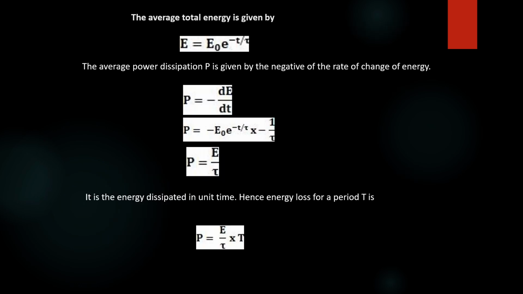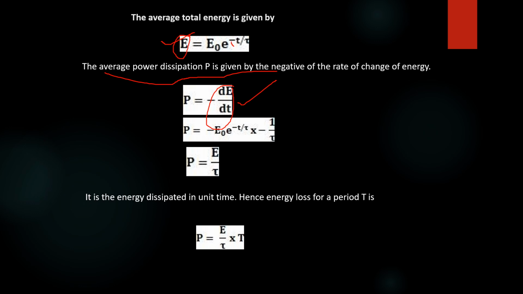Now we are going to derive an expression for the quality factor. Hope you remember this equation. The total energy is given by E is equal to E0 into e raised to minus t by tau. The average power dissipation P is given by P is equal to minus dE by dt. It is the negative rate of change of energy. Hope you must have studied this in your plus 2 classes. Now P is equal to minus dE by dt, so when you differentiate this expression with respect to t, you will get E0 into,